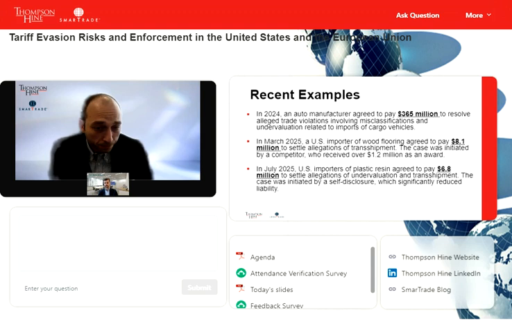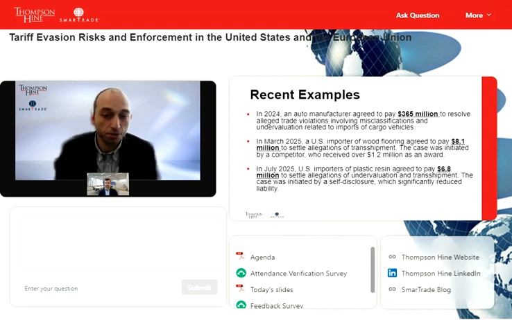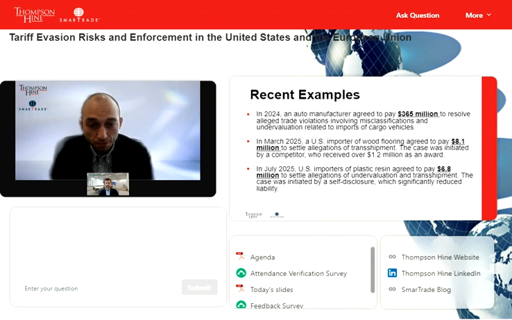And then the last one relates to another CBP enforcement issue, and the importer had to pay $6.8 million in penalty to settle the allegations of undervaluation and transshipment issues. The importance of this case was that it was initiated by a self-disclosure by the importer to CBP and the DOJ, and that essentially significantly reduced the penalties that the importer had to pay as a result of these